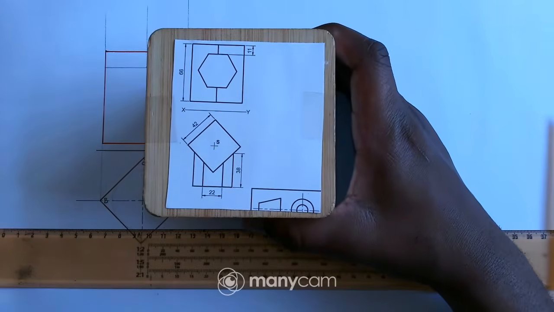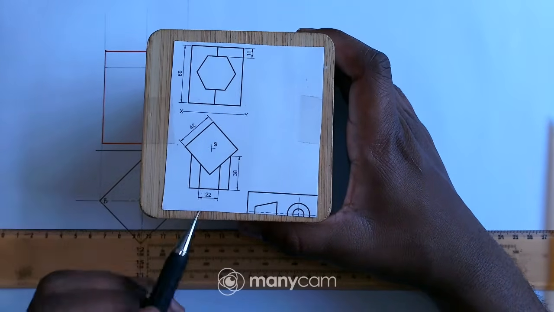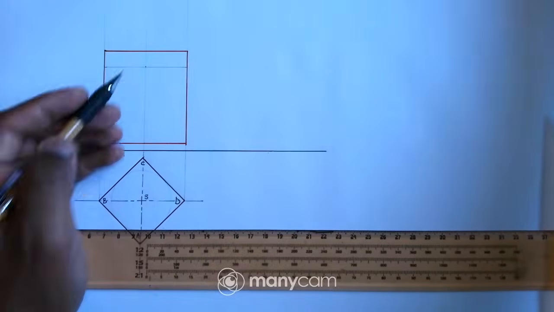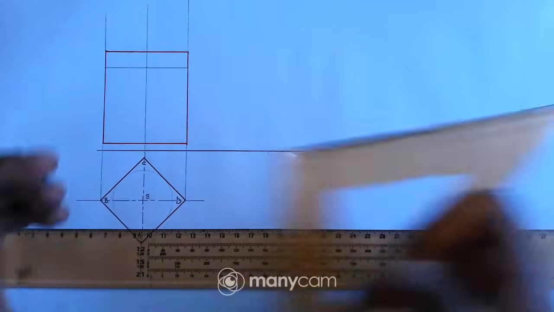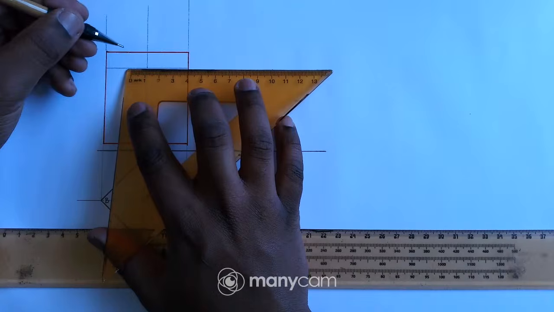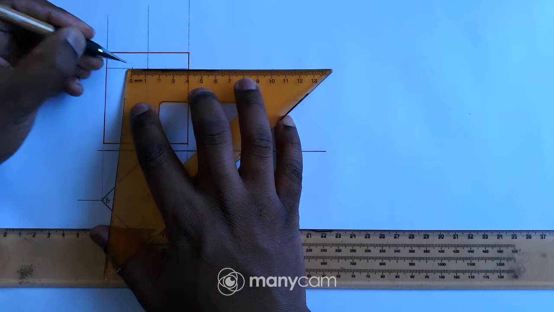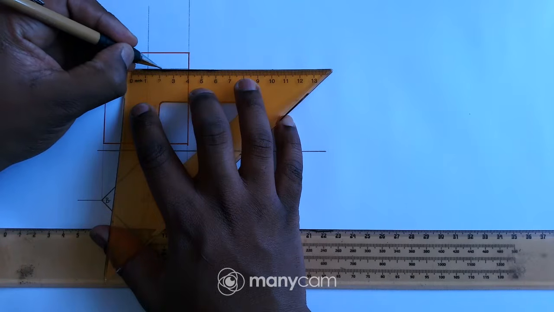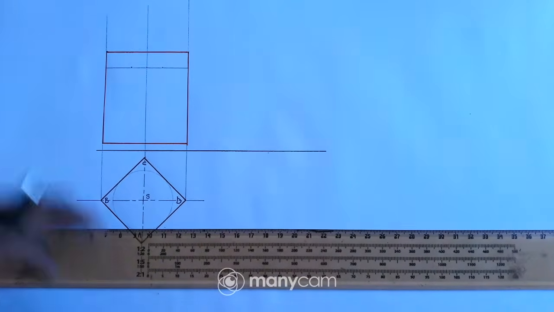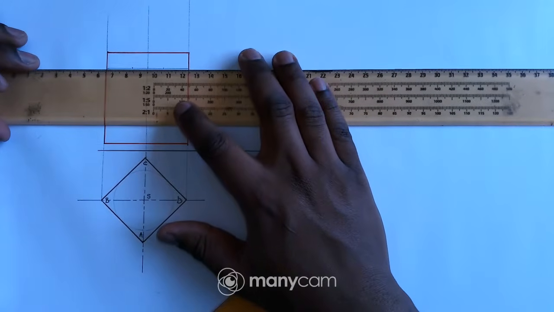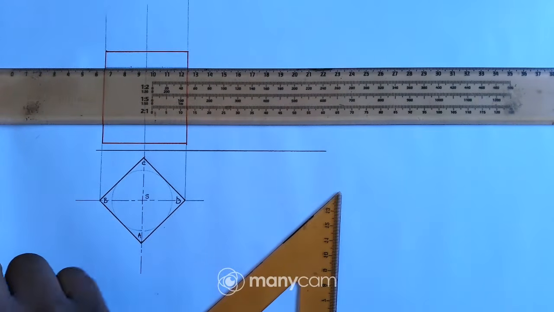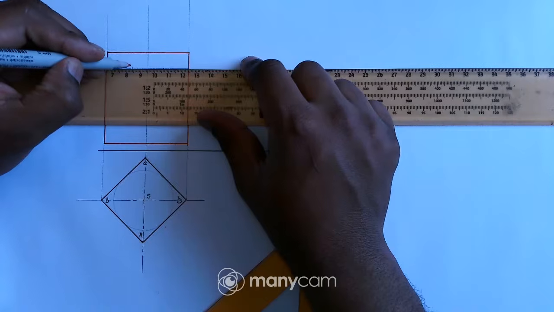And we are given that the sides of the hexagon, it's 22, so that means I can just mark off 22 there. So measure 11 from the center line to my left hand side, then 11 to my right hand side. So that means I have the side of the hexagon there,